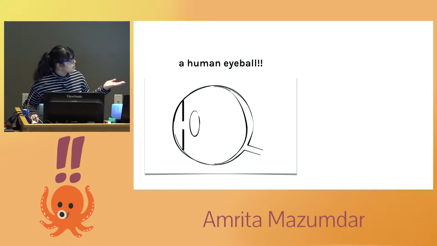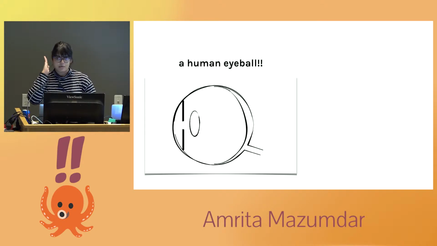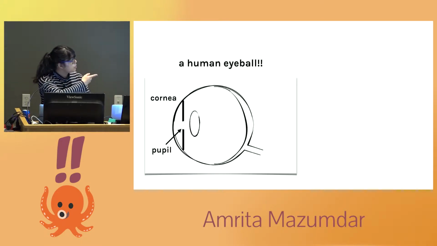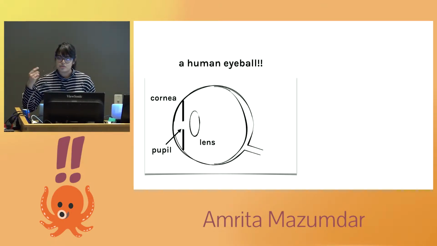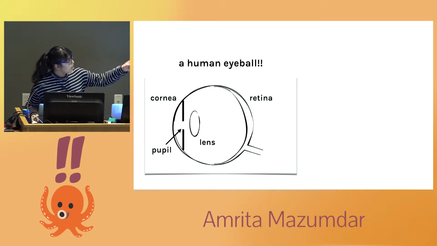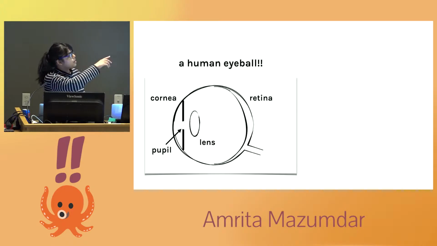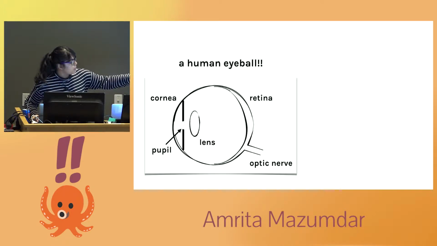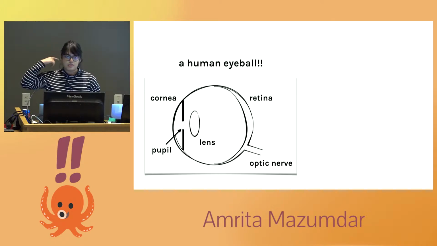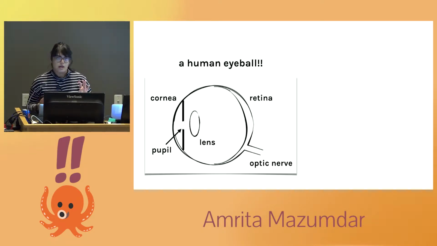So there are things in this eye. This is a cross-section, so it's not straight on, but on the side. And there are things here that you're all familiar with. So in the front here, we have the cornea. This is the thing that you might scratch occasionally. Then you have the pupil here. In the center, you have a lens. This is the thing that the light focuses into when you are looking at things and taking in the scene around you. On the back here, we've got a very technical drawing of the retina. So you can see it's skinny on the top and bottom. It's a little fatter in the middle. And then you have this optic nerve here, and this is the thing that sends the light signals to your brain. So now we're all optical science experts.